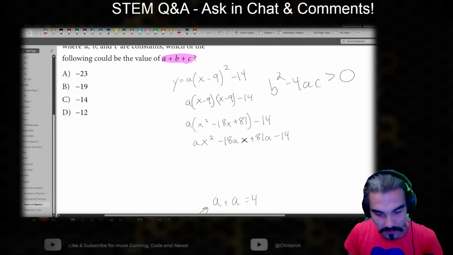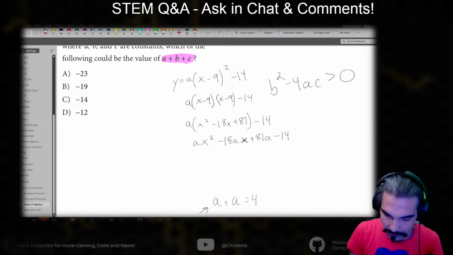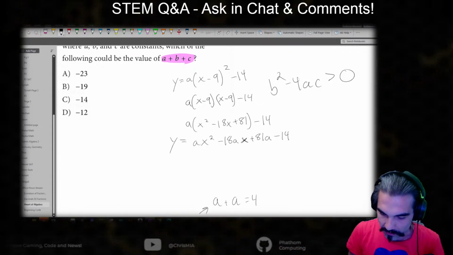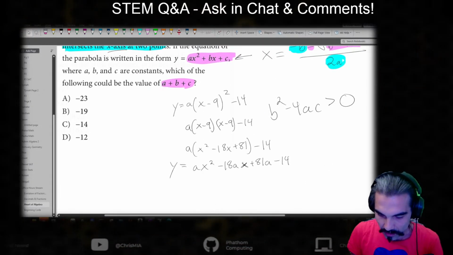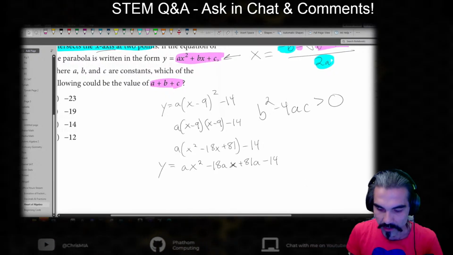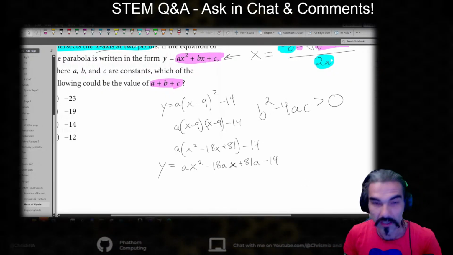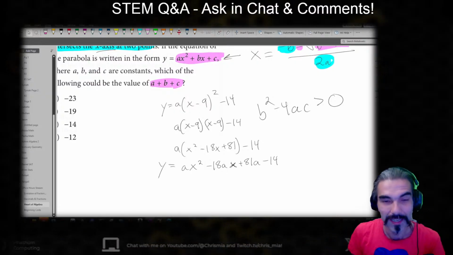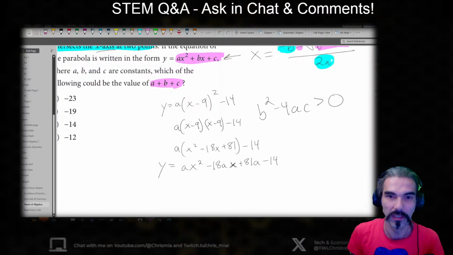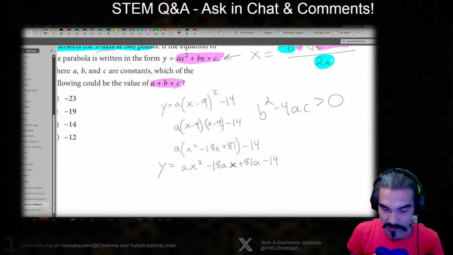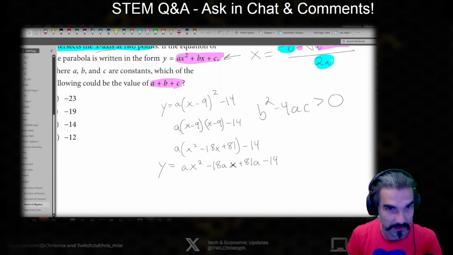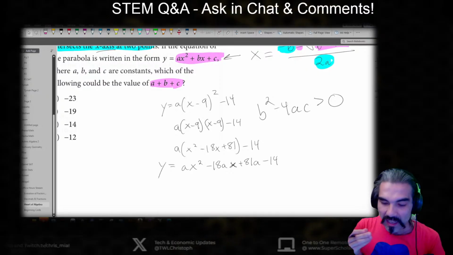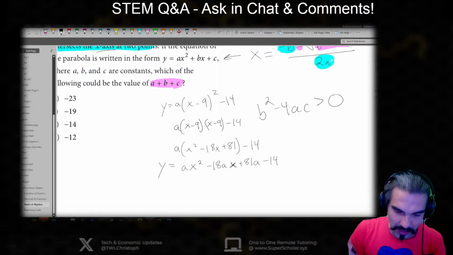Well, we're not so fortunate in our case right here. We can give ourselves the y equals and see that we don't really have one variable. We have a y, we have an x, we have an a. But we have another hidden equation that we can apply to remedy that situation. It starts back up here